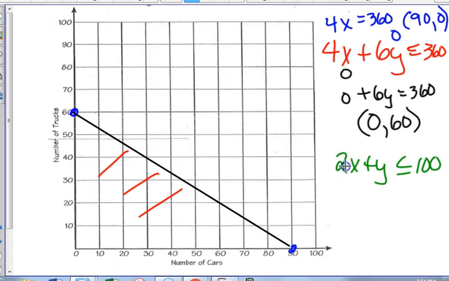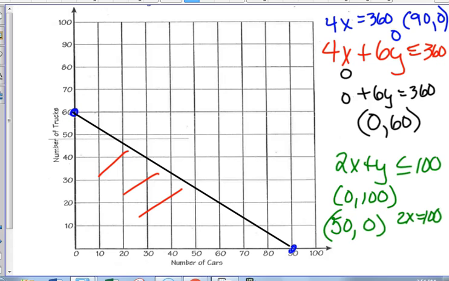Okay, if x is 0, this will simply say y equals 100. So we have 0, 100. If y is 0, it'll say 2x equals 100. Nice. Okay, can you plot that and draw that line? Above or below that one, guys? Now,